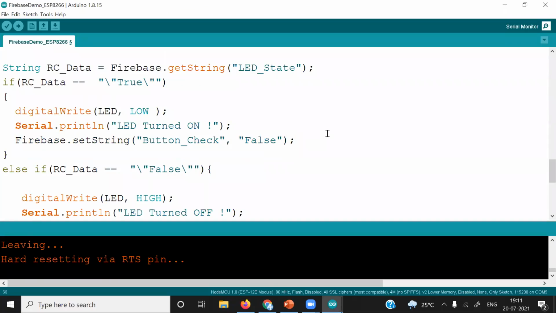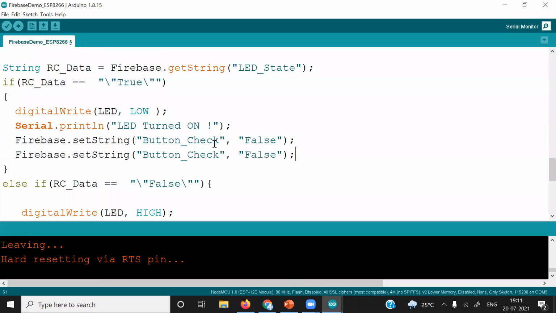I will make it Control C, Control V again here, and make it LED status or LED position. I will just write POS, and we are writing true, meaning we have made it on. So I will make it true.